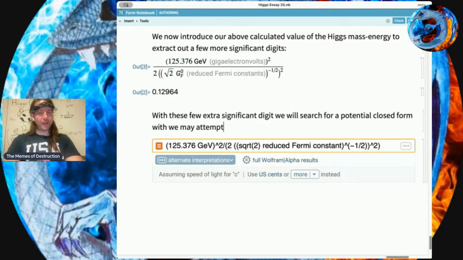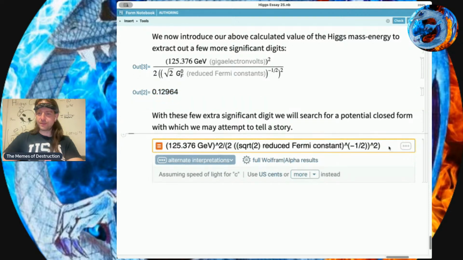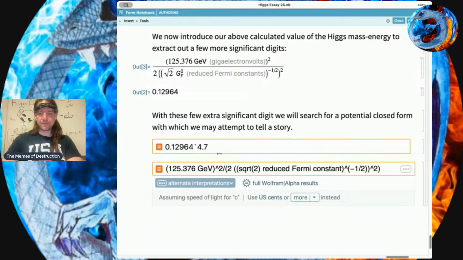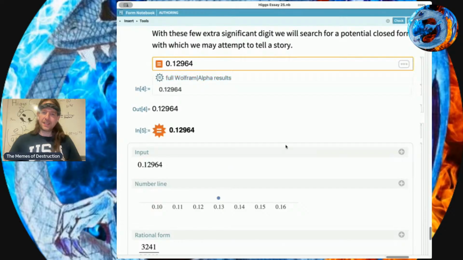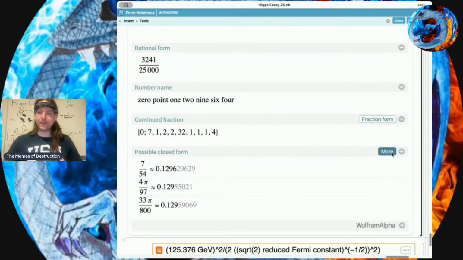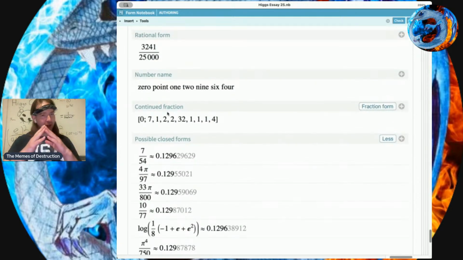And a closed form, we may attempt to tell a story. All we literally do is we take these digits in here. Let's leave that there. Search our full results. Okay, so all we need is a potential closed form. Out of all these things, number one, what seems to be the most simple,